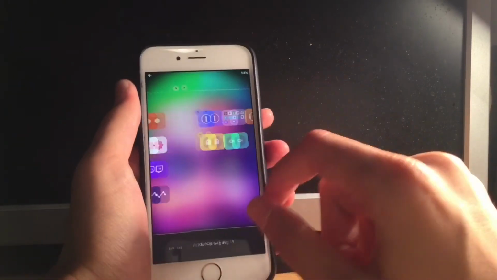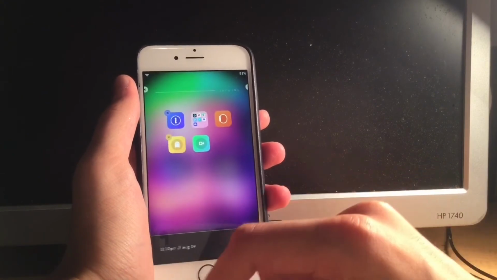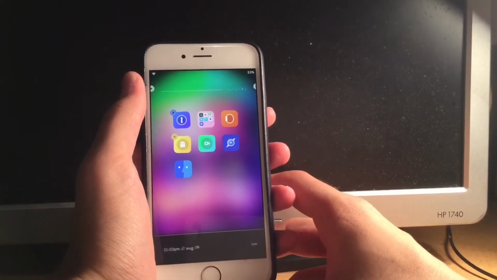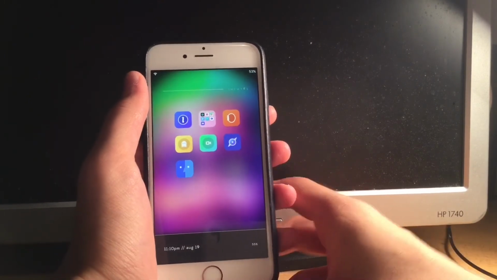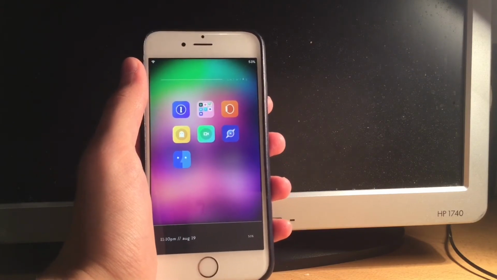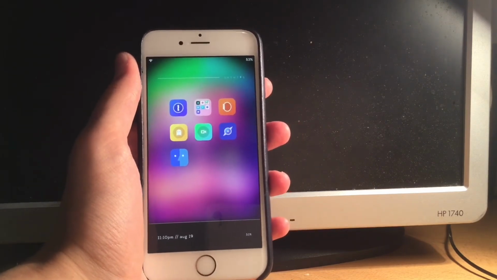So as you can see, you just select a few applications, and then instead of dragging them all the way, you just tap the home button on any page you want them to be on. And as you can see, you can move all your icons really easily like that. It's an amazing tweak. I definitely recommend getting it. Once again, it's called Multi-Icon Mover Plus.